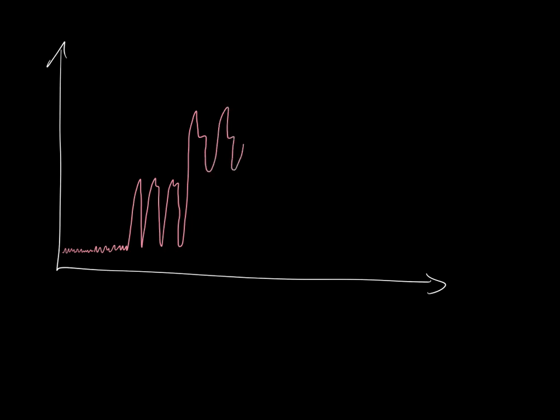That's my CVP waveform. Then it might go up a little bit in the right atrium, and then I'm going to get something that looks like this. I'm in the right ventricle, and then pulmonary artery, and then